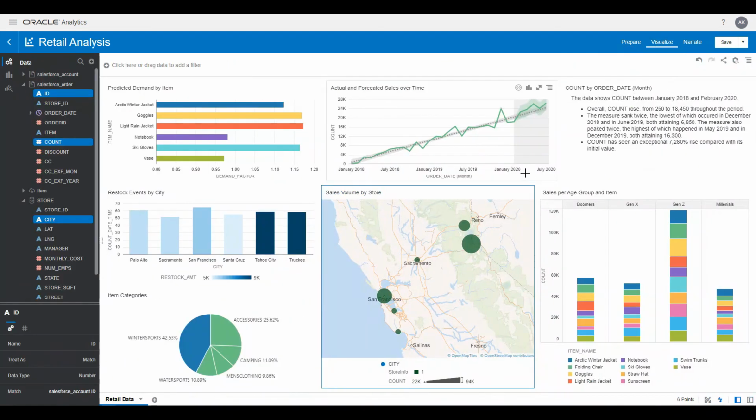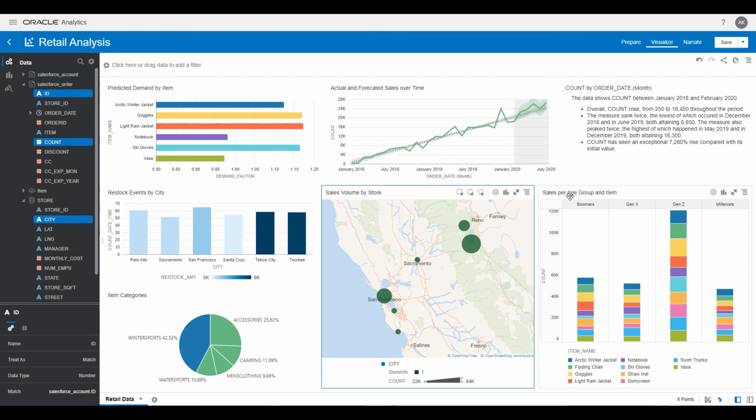This dashboard here contains data that we have created at various points in our data fabric. It is based on the real-time data that came from Stream Analytics, for example, the demand factors that we created in our pipeline. You can see, for example, that demand for winter sport article is predicted very high. You can also see that the restock events by city is especially high for the cities that are in ski areas. Stocking number for the winter sports category is also very high, and if you're looking at the map, you will see that the stores in the ski areas have the highest sales volume while other stores have relatively small